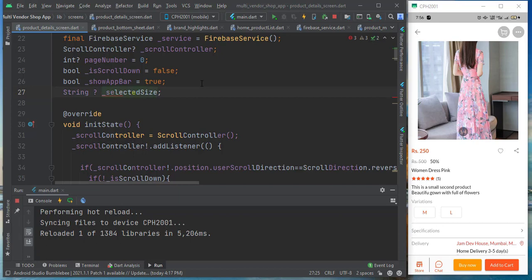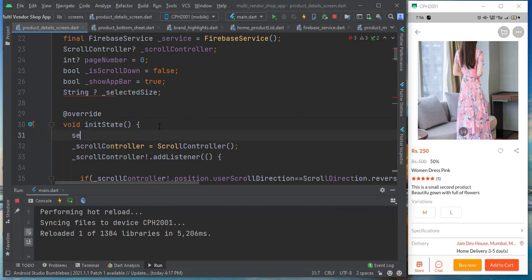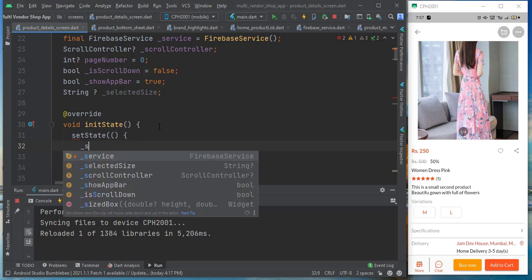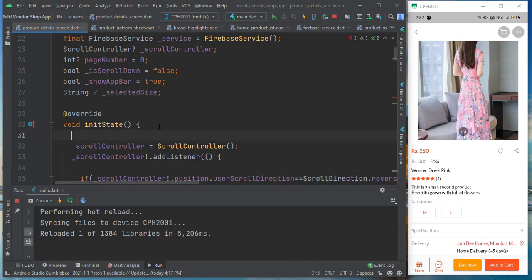And if you come to init state, let's say set state, let's use set state here. Okay, set state and selected size. So by default the selected size will be selected size. Okay, that we need to do, we need to tell like that. If widget dot product, if the product has only one size, widget dot product dot size not equal to null, it should not be null. And if it is not null, okay,